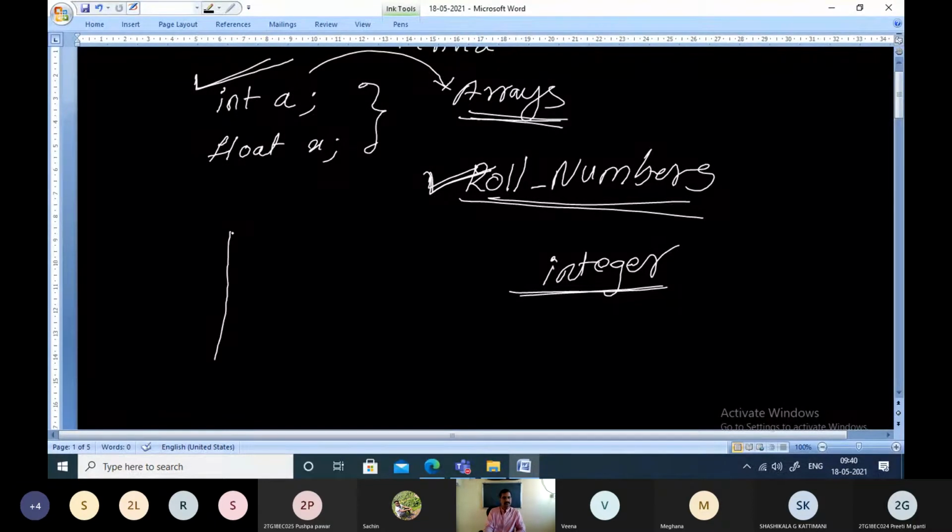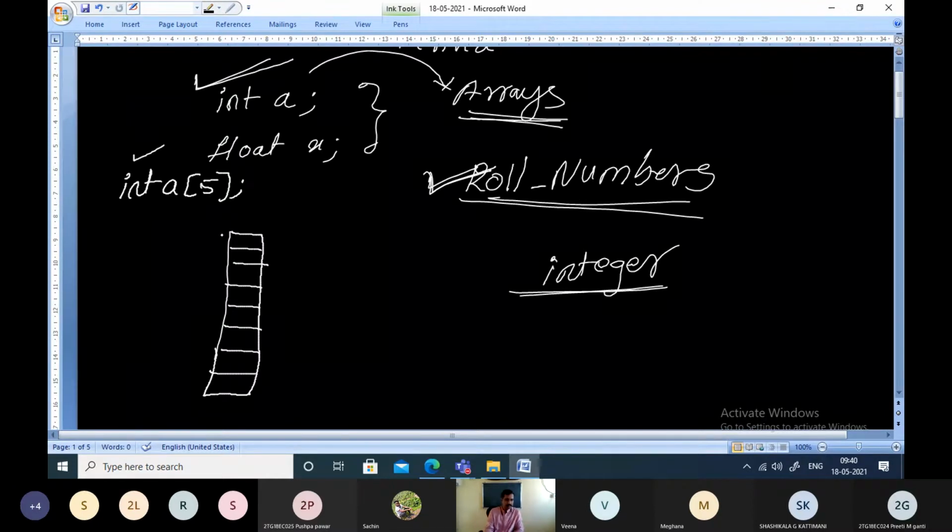For example, suppose this is the memory, and here you have declared an array int a of 5. This is the declaration of the array variable. Here a is an array variable which can hold 5 elements of type integer.